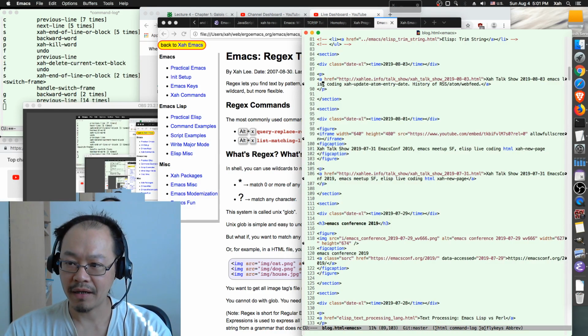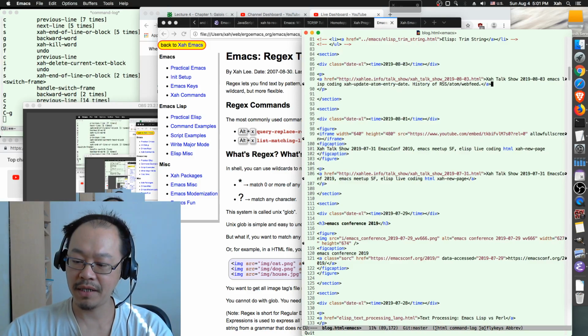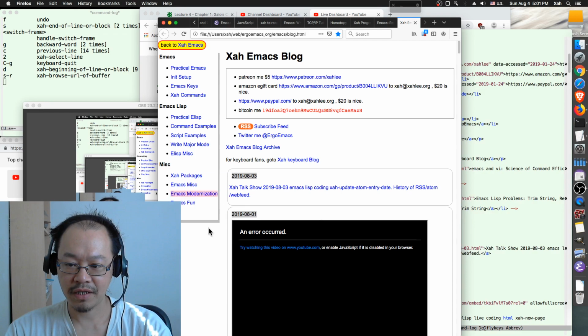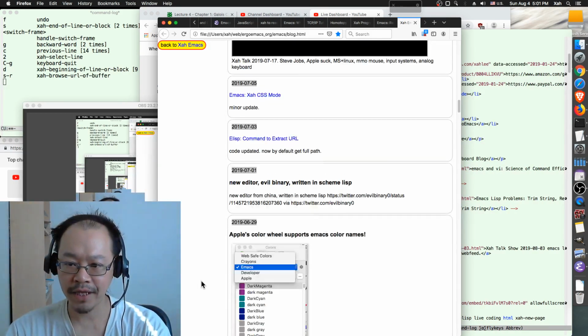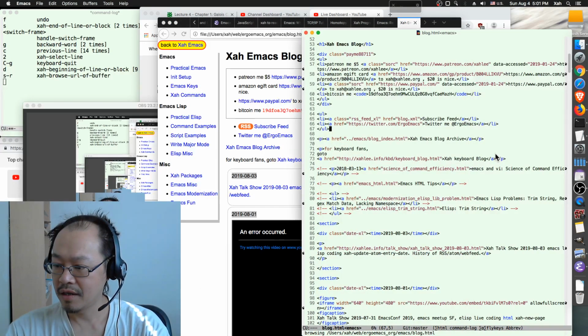For example, this is my Emacs blog, an HTML file showing in the browser, with lots of pages. And suppose I want to find any mention of the word Haskell, I can